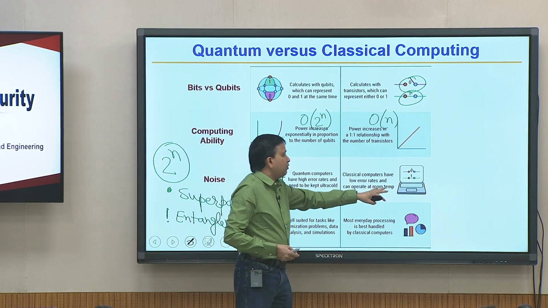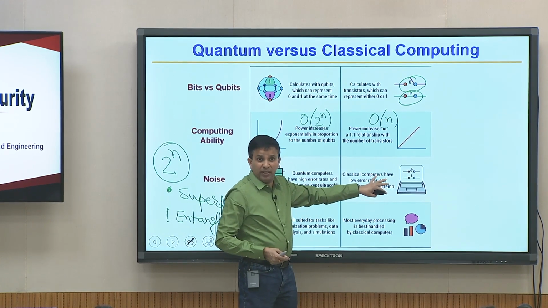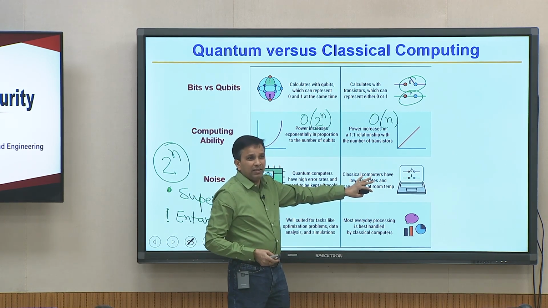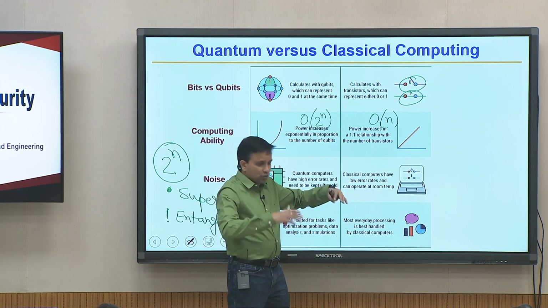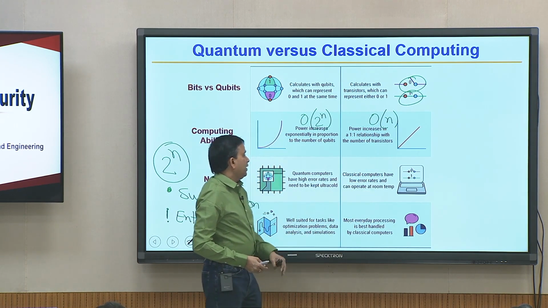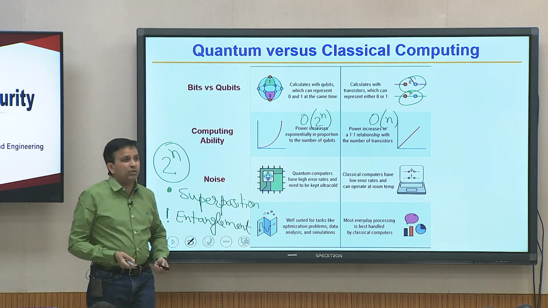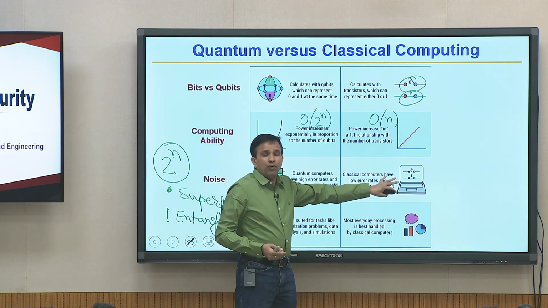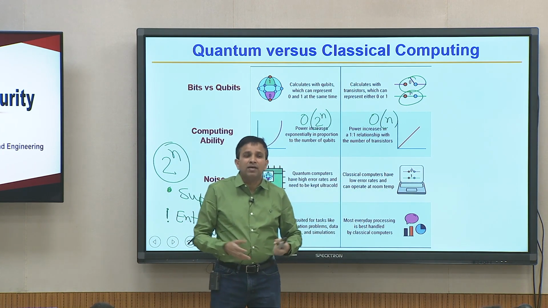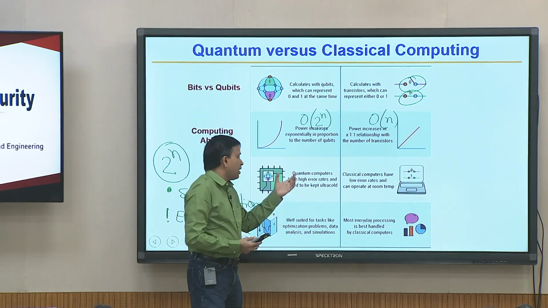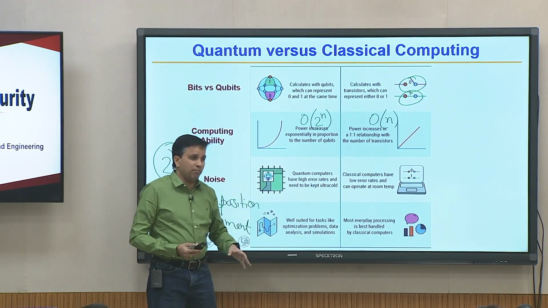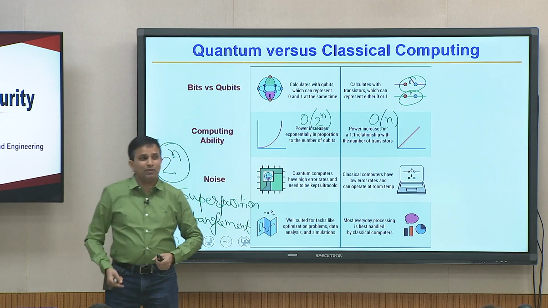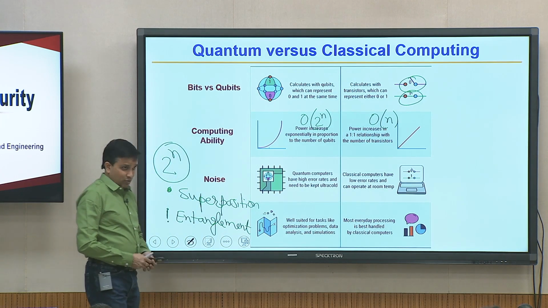If you tell anybody that I told them classical computer noise is not an issue, they will kill me, because that is their bread and butter for most of them. Basically the people who work in the back end in layout, fabrication or post manufacturing, all that reliability issue, but in quantum it is just a lot more. So, if you look at the quantum noise, this is nothing. Here you compute once, when do you have to run your same program twice or 3 times? Never, right. Here you really have to run the same program 100 or thousands of times, and then you kind of figure out what the result is, because every time it is producing a wrong result, at least today.